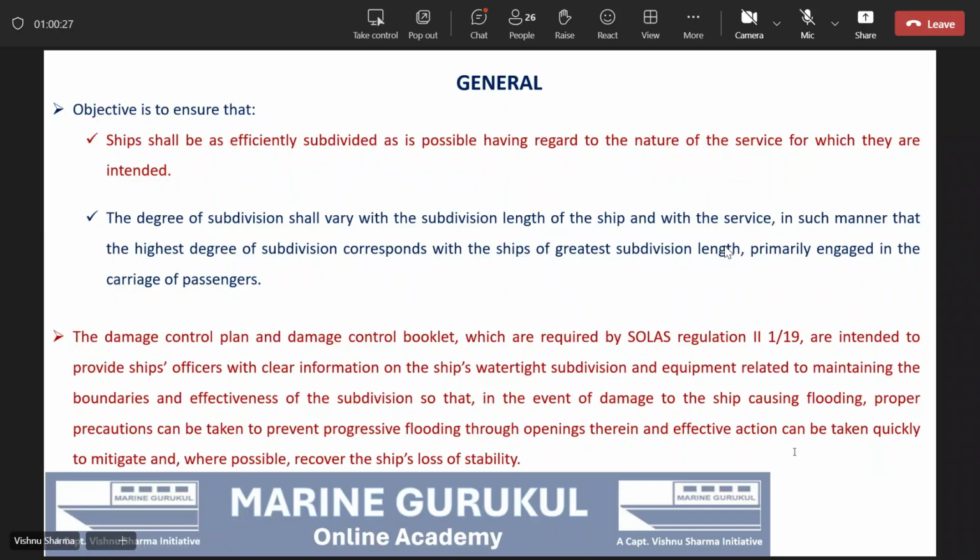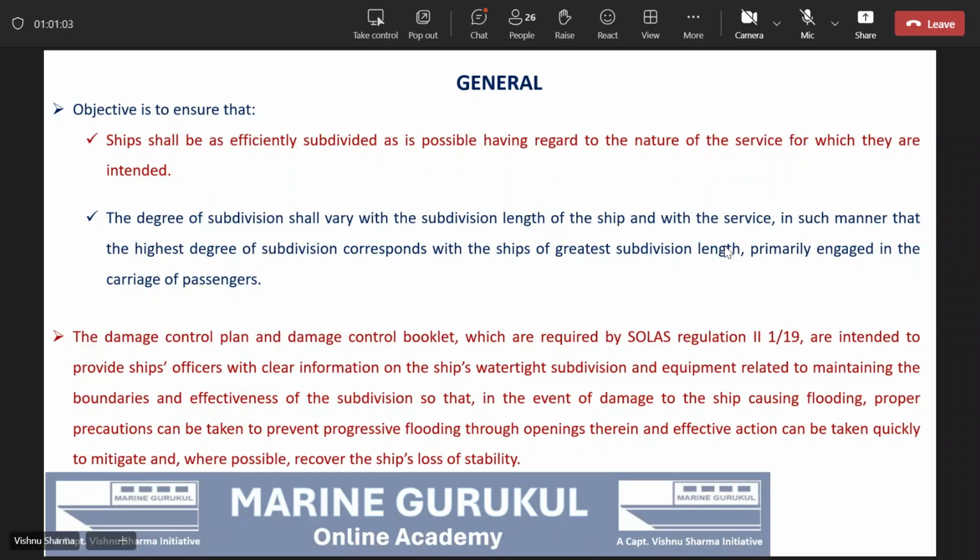The damage control plan and damage control booklet, which is required by SOLAS Regulation 2, 1/19, are intended to provide ship's officers with clear information on the ship's watertight subdivision and equipment related to maintaining the boundaries and effectiveness of the subdivision, so that in the event of damage to the ship causing flooding, proper precautions can be taken to prevent progressive flooding through openings therein, and effective action can be taken quickly to mitigate and, where possible, recover the